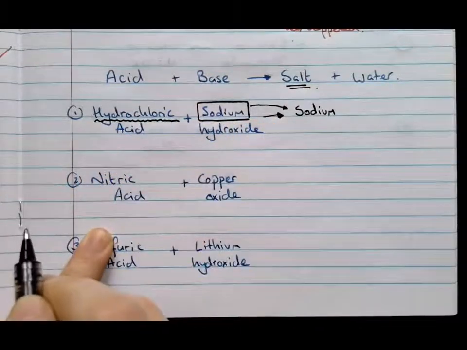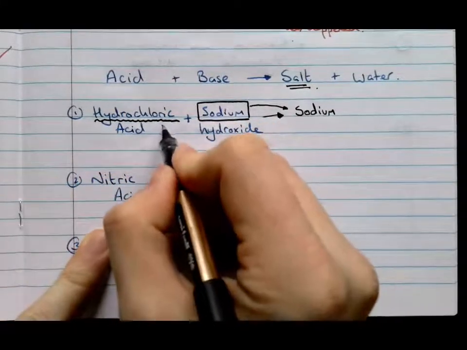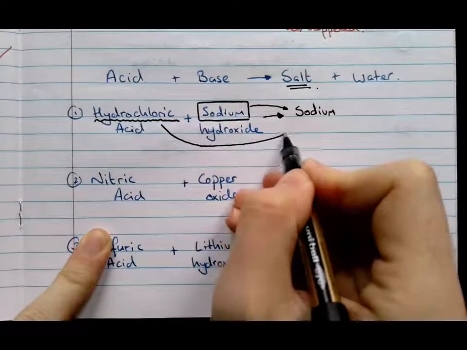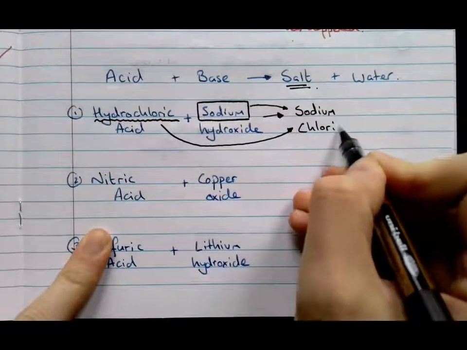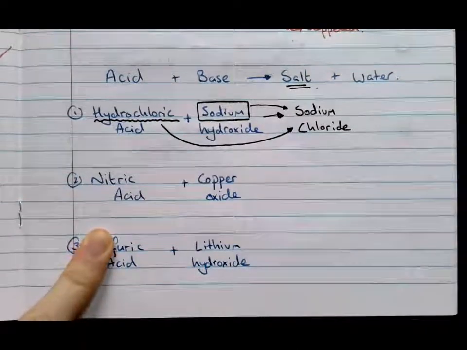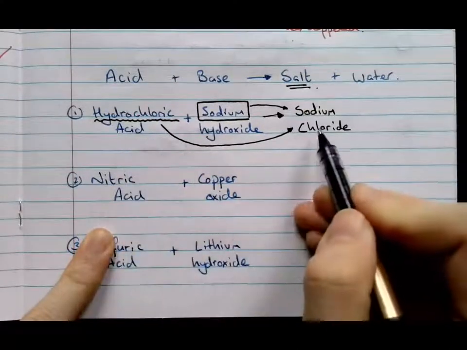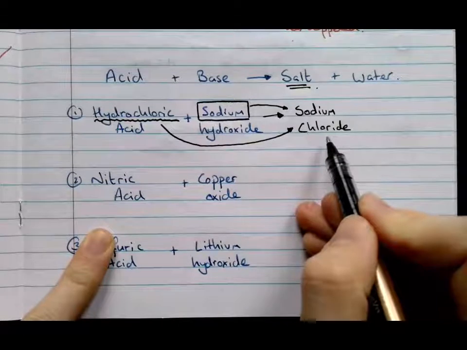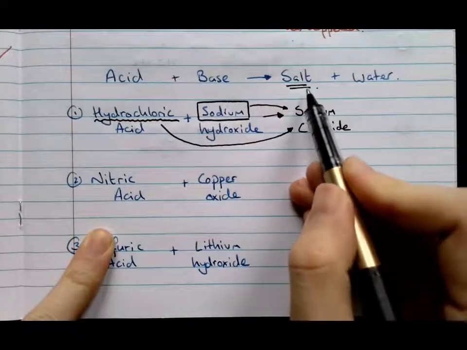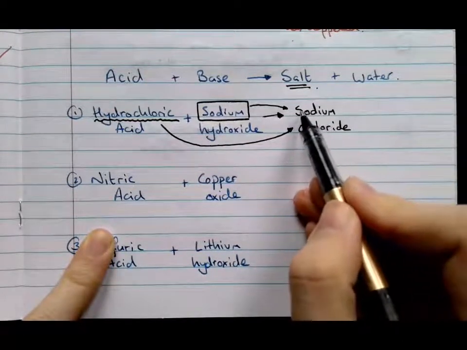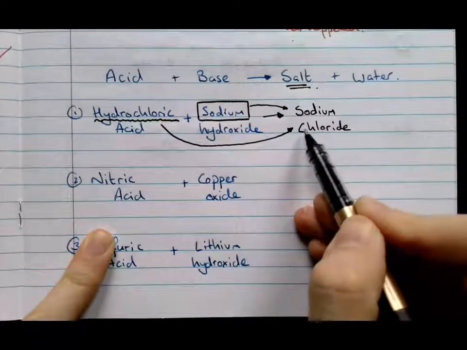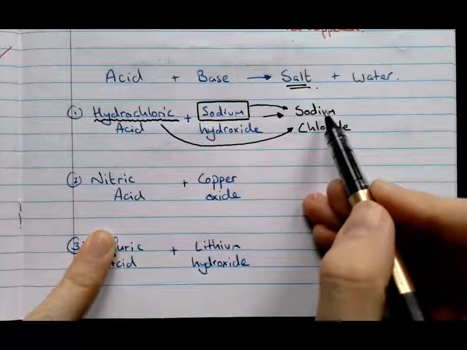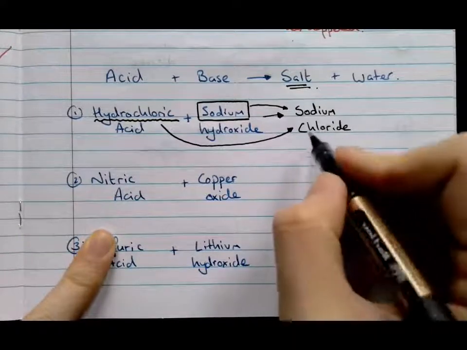In this case, it's hydrochloric, and that tells us that it is chloride. So whenever you see hydrochloric acid, it's going to make something chloride. This is a salt because we have a metal and chlorine, which is not a metal. It's sodium chloride, and that has the formula